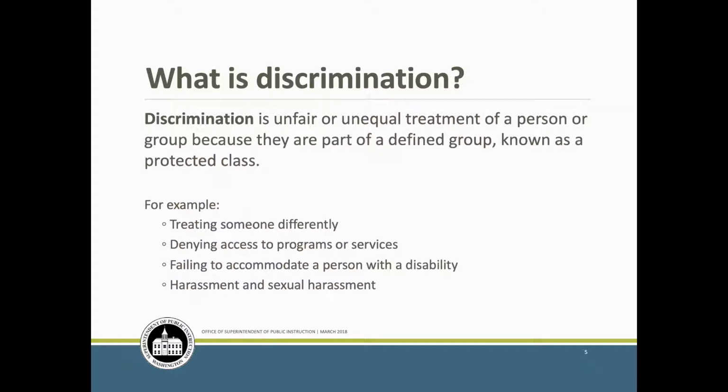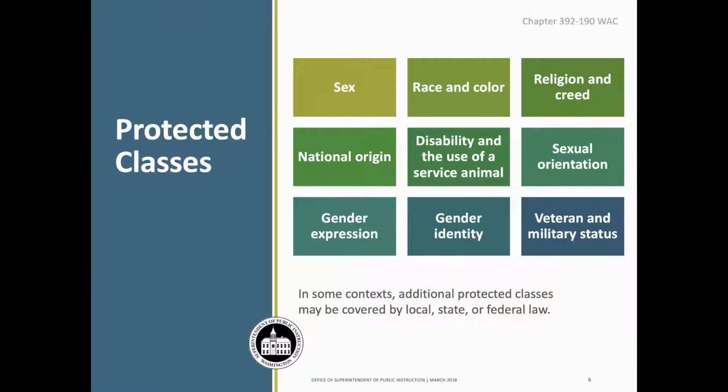Discrimination can occur when a school or district fails to accommodate a student's or employee's disability. Harassment, when it is based on a protected class, and sexual harassment can also be forms of discrimination. To be unlawful discrimination, harassment or unfair treatment must be based on a protected class. A protected class is a group of people who share a common characteristic and are protected from discrimination by federal